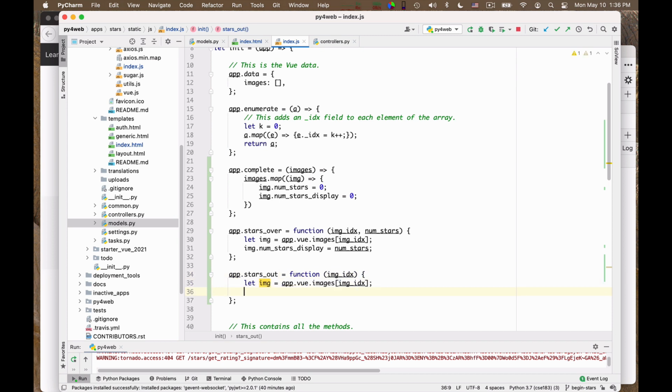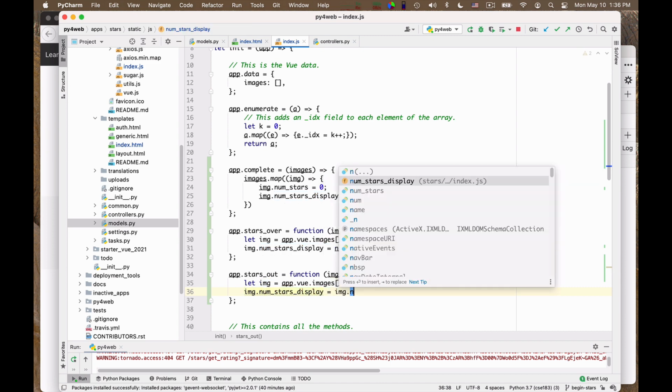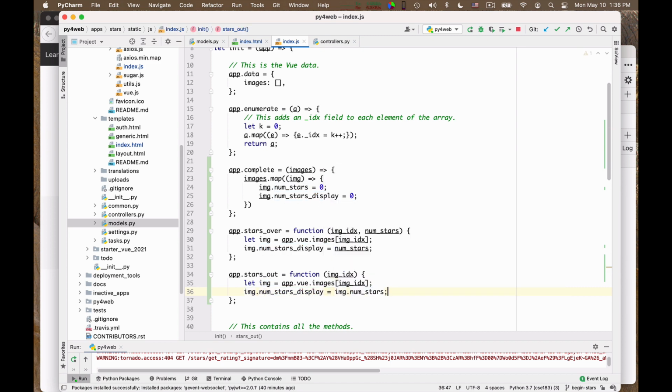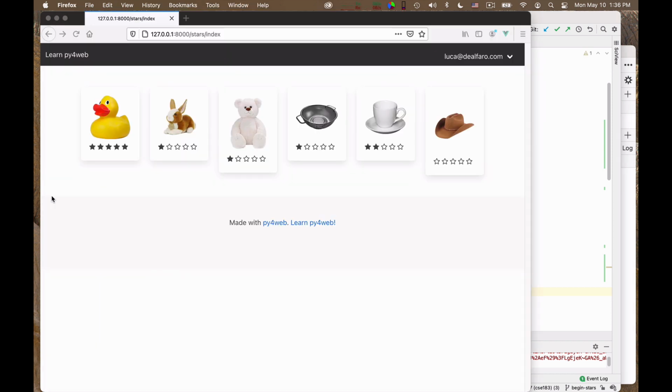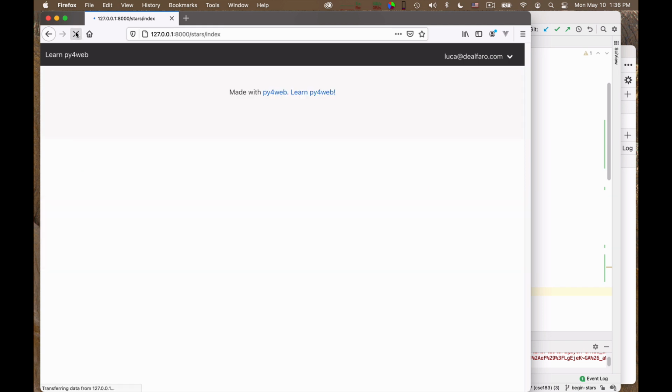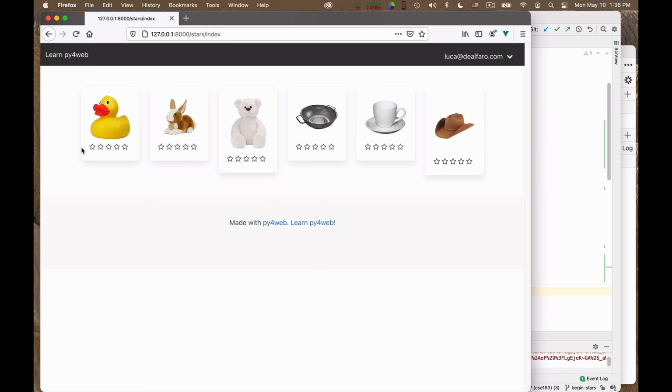And what I do is simply say image number of stars to display is equal to image number of stars. So I set the number of stars to display back to the rating of the item. That is the piece I was missing. So let me save these, and now I can reload this page and let's see what happens. The hovering behavior is still correct, but now when I move out, okay, good. You see, when I move out, this gets reset to the rating, which in this case is 0 because it hasn't been set.